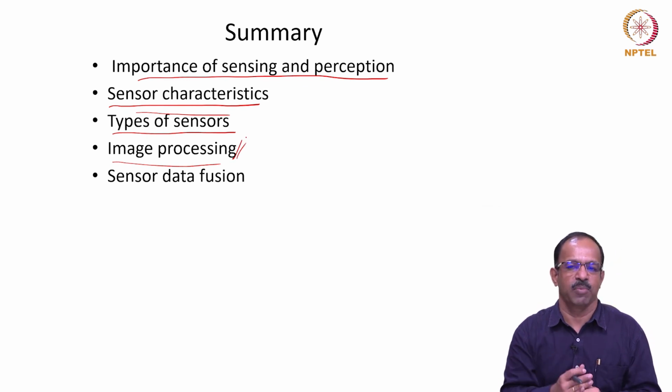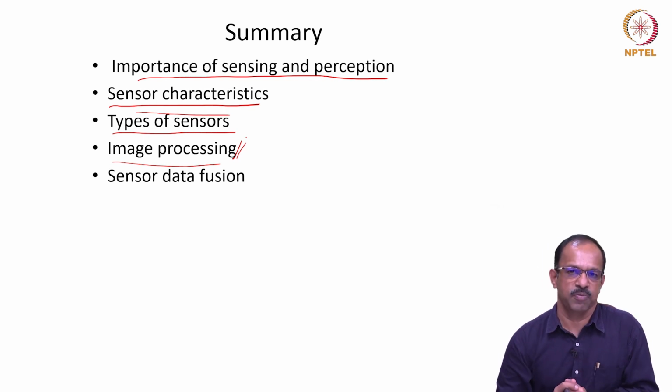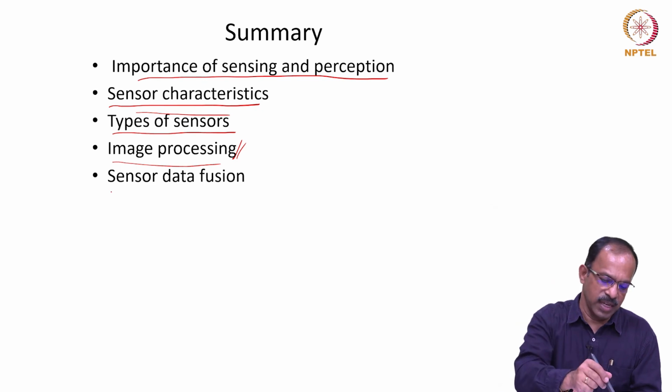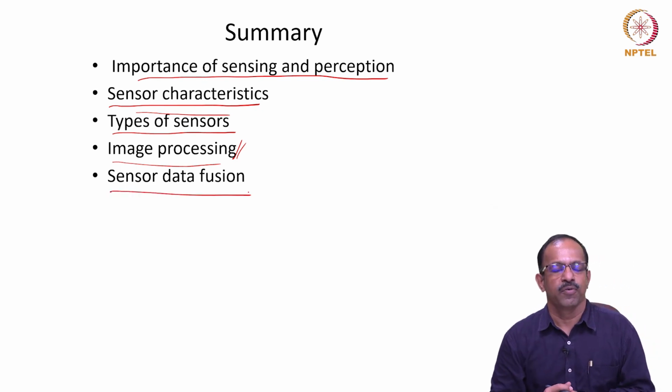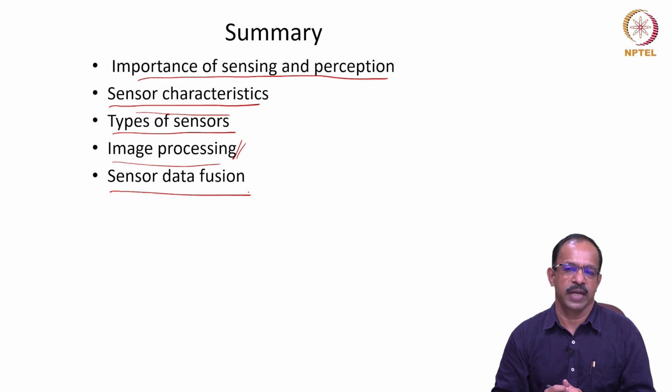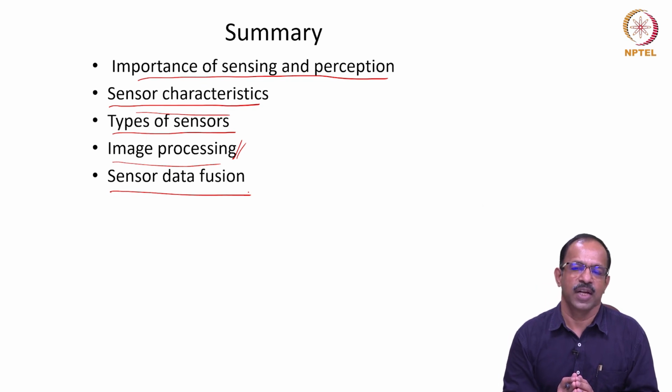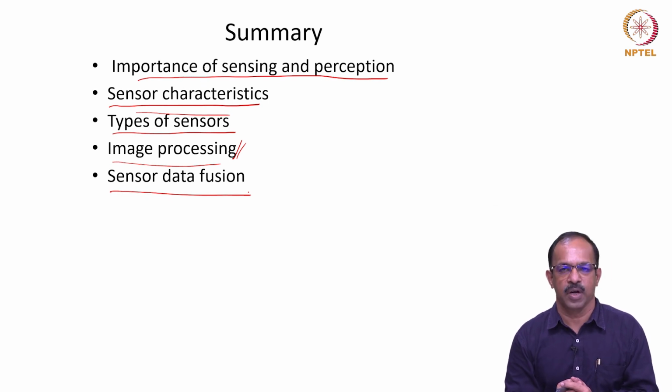And briefly talked about vision-based sensors or the image-based sensors, where we can collect the image using a camera, process the image, and then use it to collect some information, and that information can be used in mobile robots. And finally, we talked about fusion also, how to fuse different data. Of course, we did not go into the details, but just mentioned the importance of sensor data fusion and how that can be used for improving the estimated position and attitude of mobile robots.